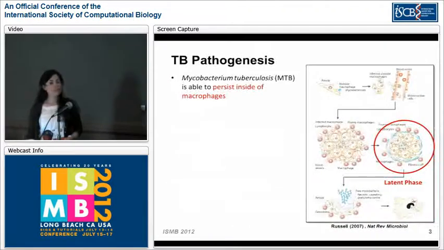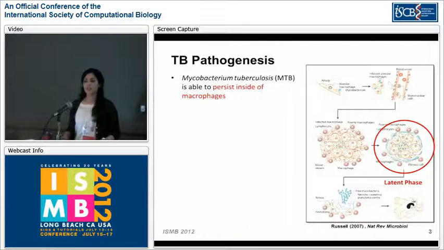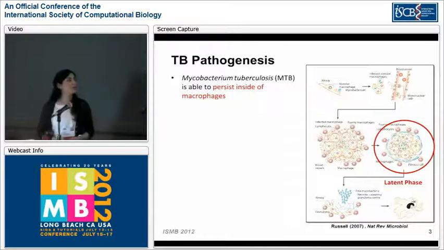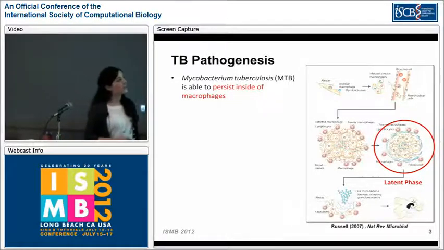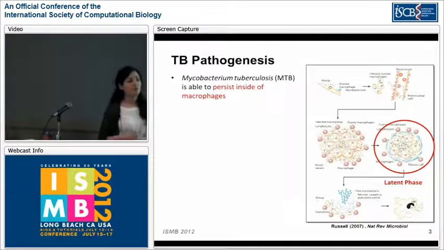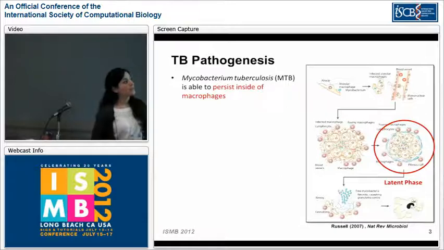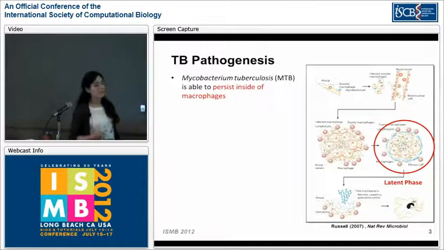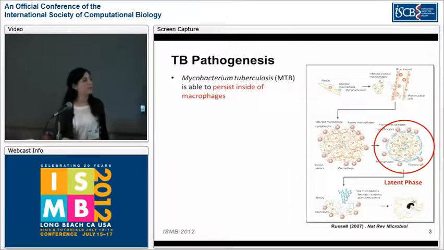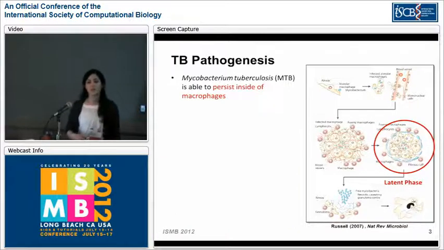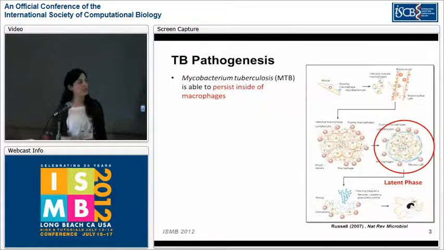Now, part of the reason that TB is such a successful pathogen has to do with its pathogenesis mechanism. As you all know, the primary route for catching TB is through inhalation. It's inhaled through air, and then it's taken up by macrophages. In most cases, the immune system is able to clear it, but in some cases, TB is able to persist inside the macrophages and go into a latent form,